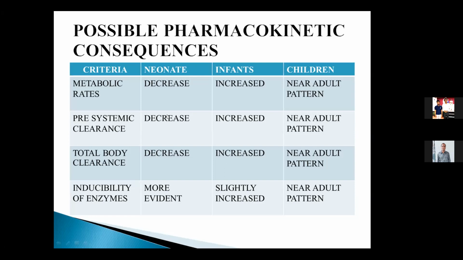And the possible pharmacokinetic consequences, with criteria for neonates, infants, and children. There are changes in pharmacokinetics: metabolic rate, pre-systemic clearance, total body clearance, and inducibility of enzyme. In neonates the metabolic rate decreases, in infants it increases, and in children it is near the adult pattern. Pre-systemic clearance is decreased in neonates, increased